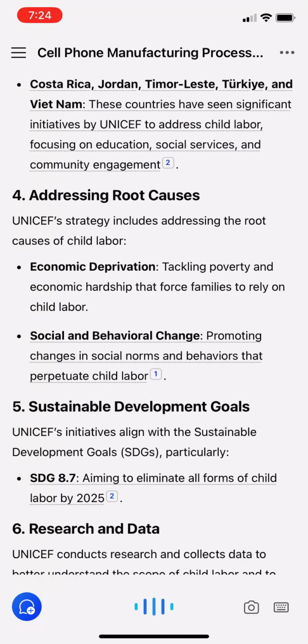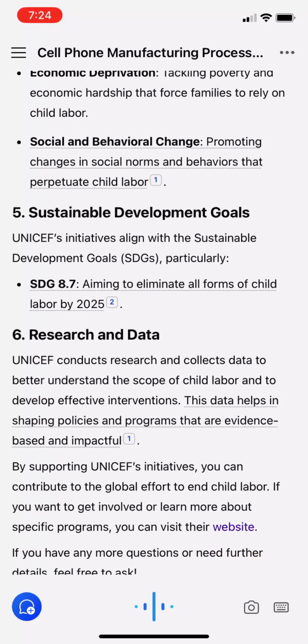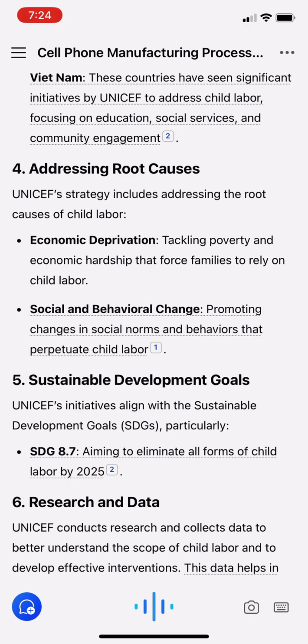2. Collaboration and advocacy. UNICEF collaborates with various stakeholders, including governments, working with national governments to develop and enforce laws and policies that protect